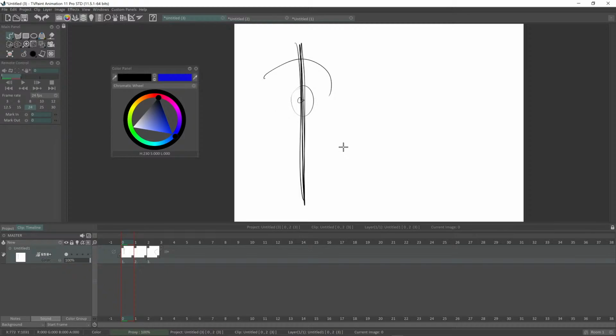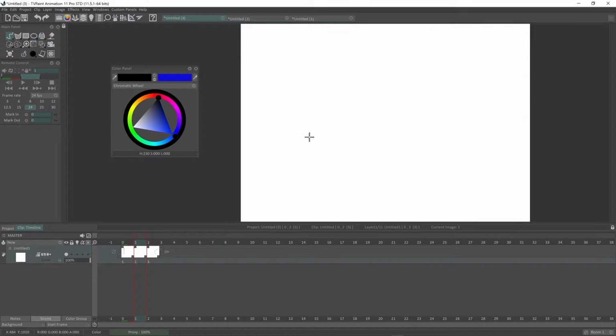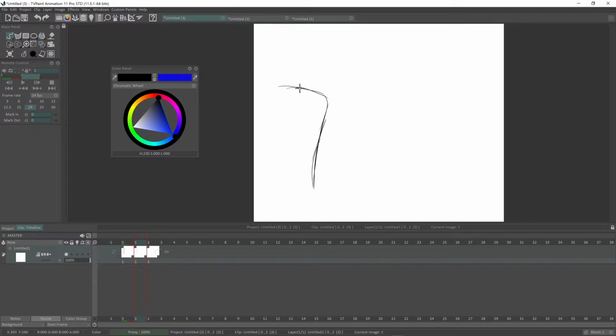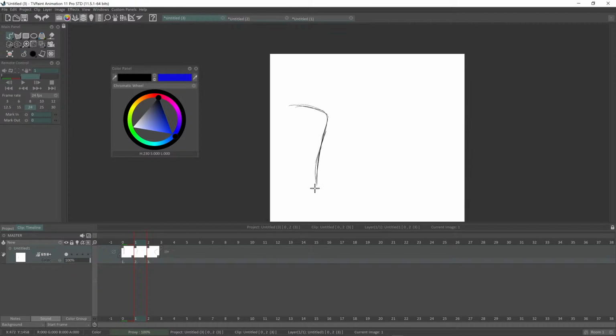So for that reason, to me, it looked wrong. It didn't look correct, so I need to tweak it. And I like to do this without using my onion skin. So now it looks like the same line. It looks like one line that is